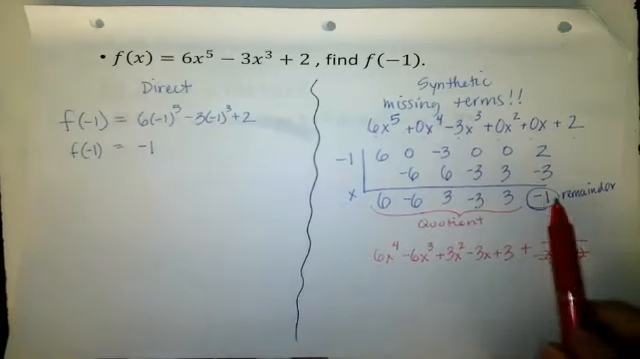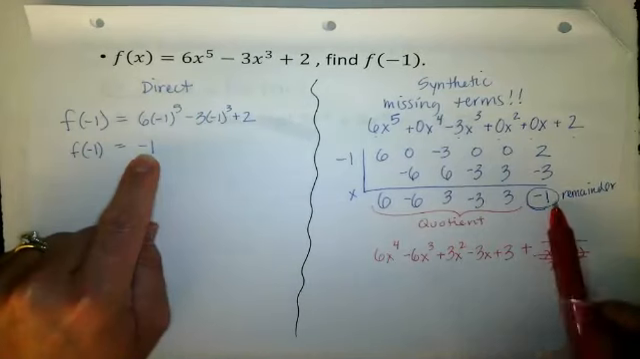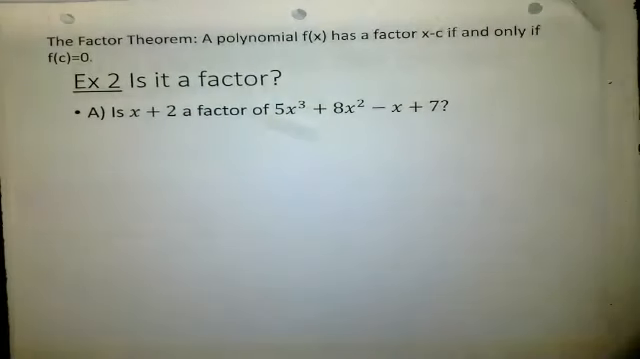And showing you that that remainder also happens to be what you get when you evaluate the function, which is crazy, okay? It's the remainder, but we can also use that information to determine if something is a